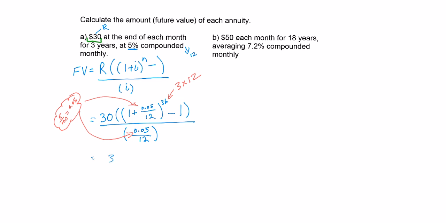You'd write 30 bracket 1 plus 0.05 divided by 12 raised to the 36, and bracket raised to the 36 minus 1, bracket, and then you divide by bracket 0.05 divided by 12, end bracket. Now if you do this correctly, you'll get your calculation in one step. In this case, we end up with